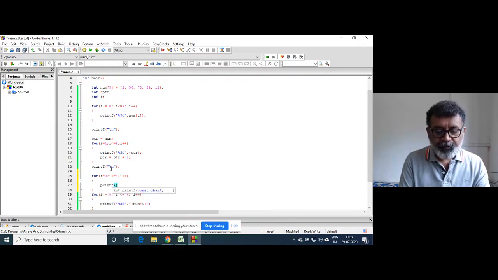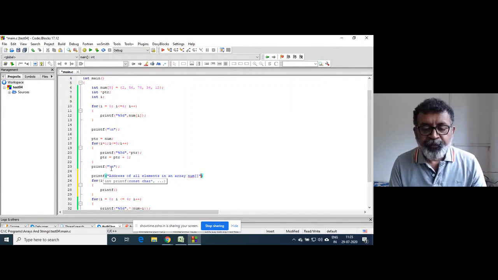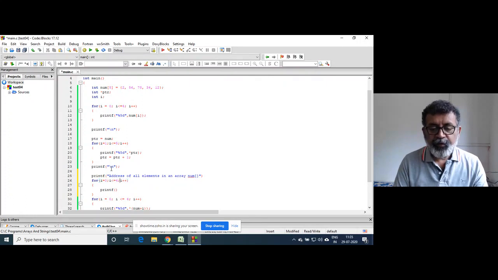Printed elements of an array. We're just giving the message, that's it.